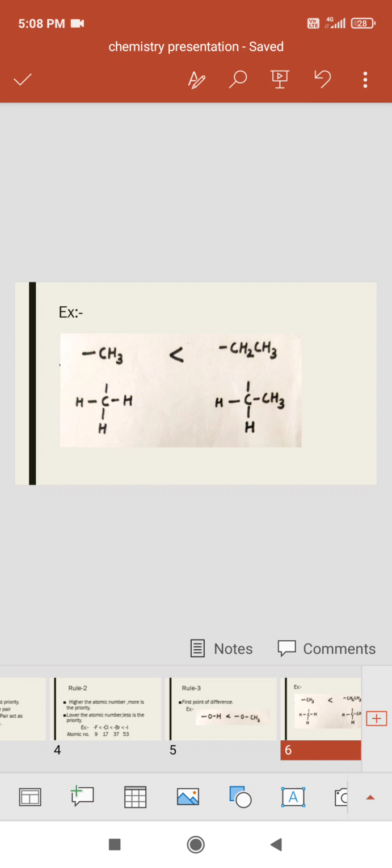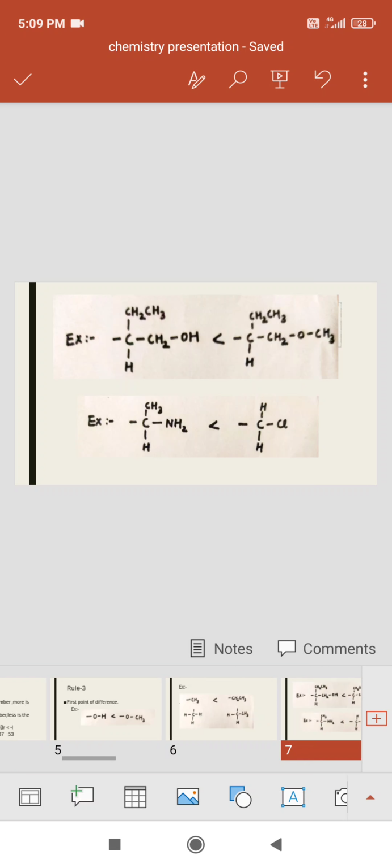See another example. In this case, methyl and ethyl, we expand their structures first, then we can see that the first C is identical, then see the other atoms. Choose the best from all these three. In the case of methyl, all these three are the same, so we can choose any one of them, so we choose hydrogen. In the other case, carbon has the greater atomic number from all these three, so we choose carbon. From hydrogen and carbon we know that carbon gets more priority, so the ethyl group gets more priority than the methyl group.